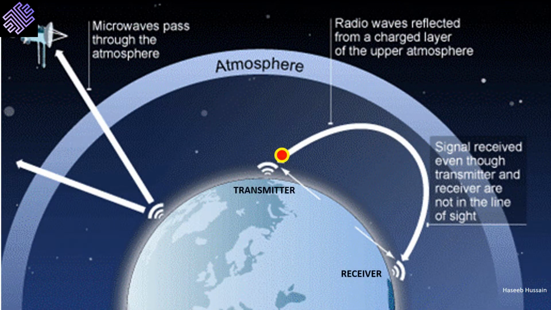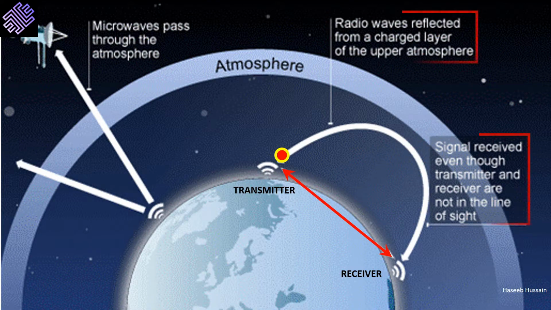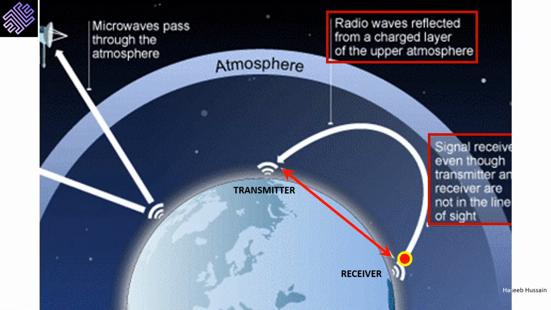Here we have a transmitter and a receiver at two different positions on Earth, separated by a vast ocean. The receiver and transmitter are not in line of sight, yet radio waves can be used to carry the signals. This is because radio waves are reflected by the ionosphere in the upper atmosphere. Signals are sent from the transmitter and received at another location because they bounce back from the ionosphere. This is how radio waves transmit signals on Earth.